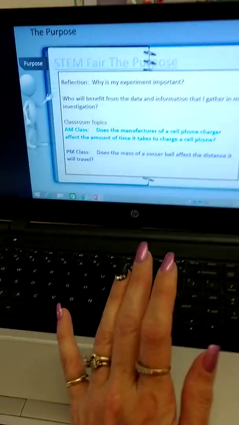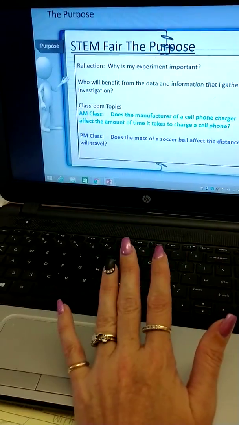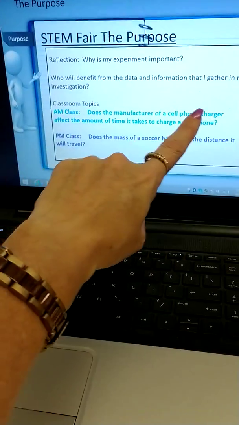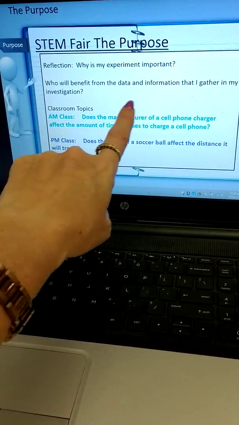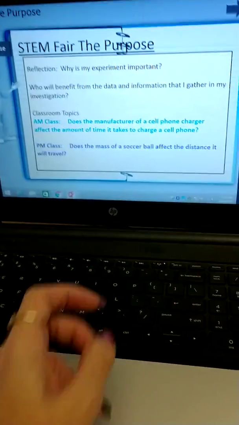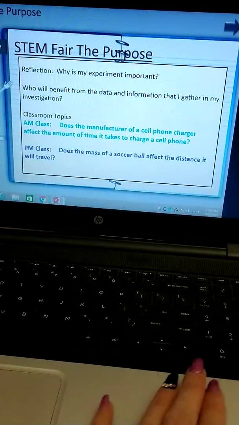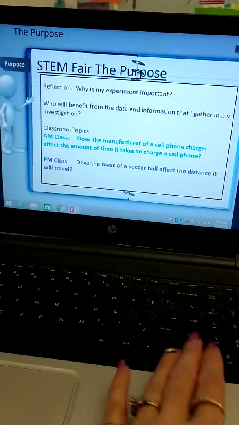And then here is the reflection page, which states exactly that information. Why is the experiment important? Who will benefit from the information that I gather in my investigation? And those are the two topics. So that page just reiterates what we